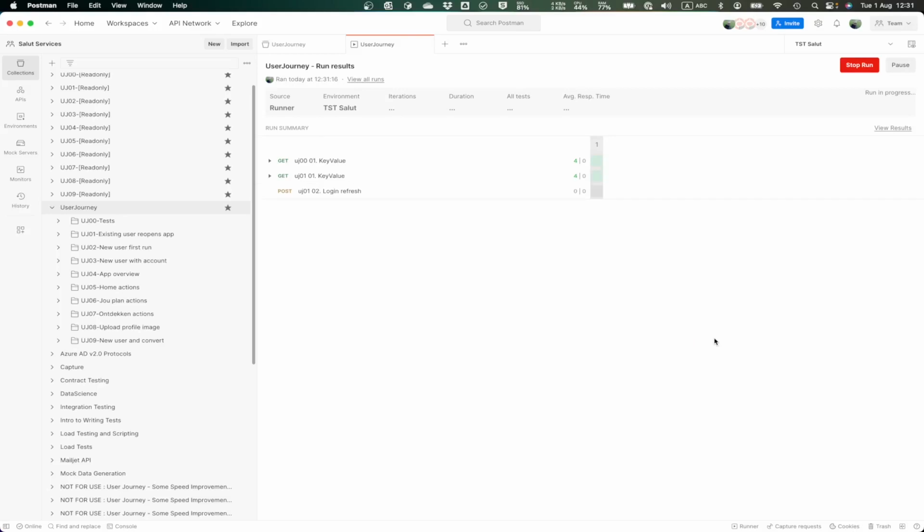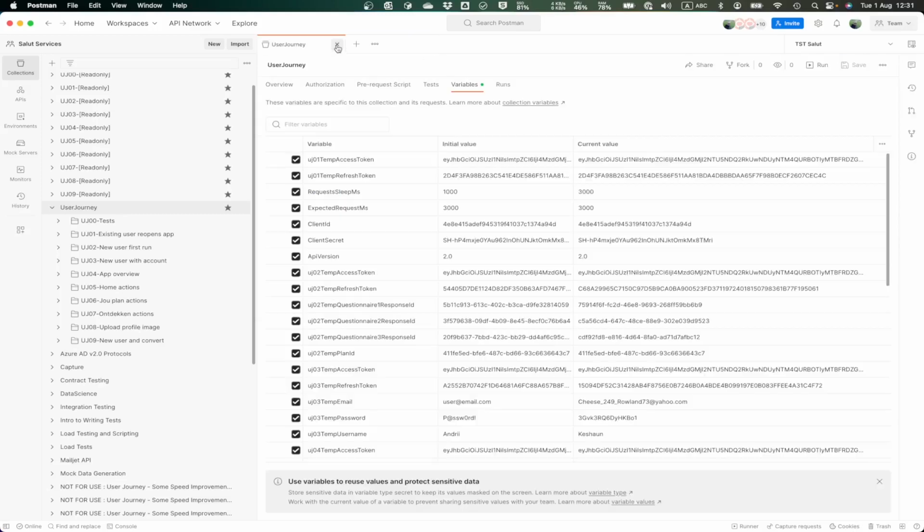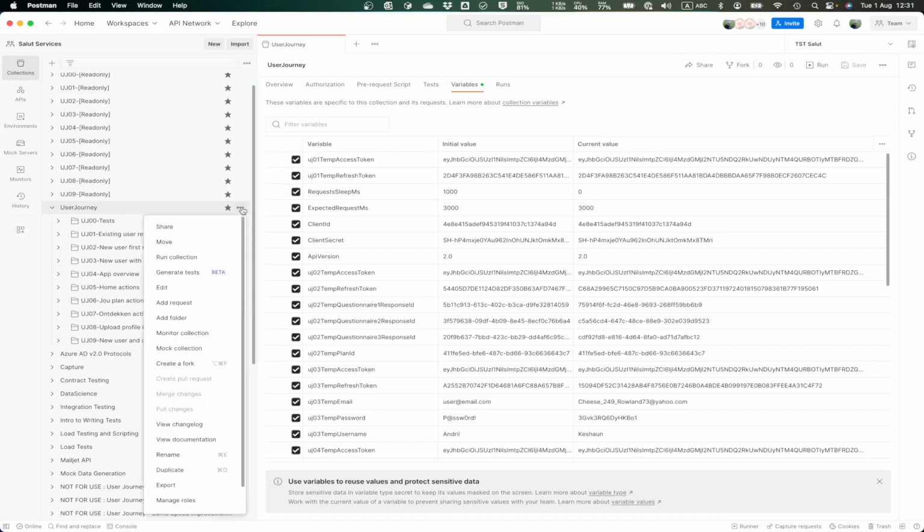It also reports all the parameters of each API invocation. I will stop this run for now. Now, when we would like to test performance with Postman, first of all, I get rid of this delay because we don't need to measure delay time. Like that, we can go to test,